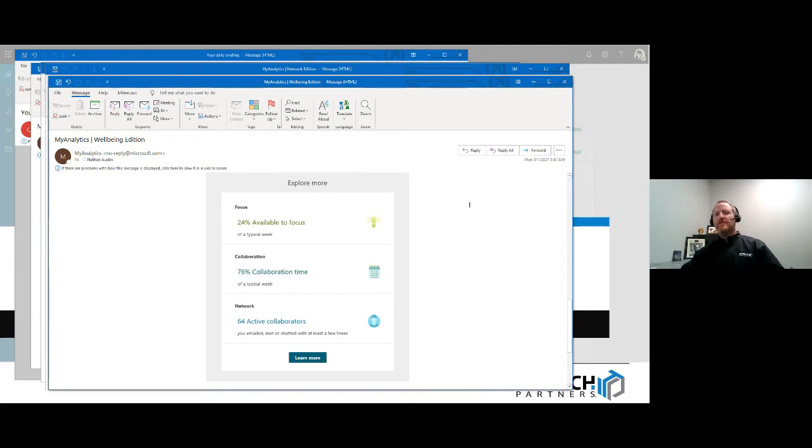So that's the first way. The first way, as I mentioned, is basically via the email summaries that are automatically sent. If your team has these licenses, you're probably already receiving these emails, the Cortana daily briefing and the MyAnalytics weekly summary, to give you insight. So now I'm going to show you the second way.